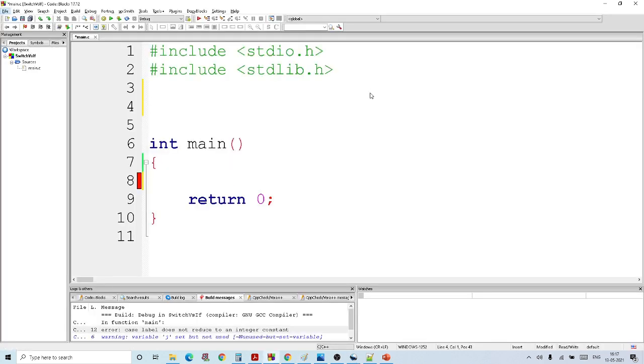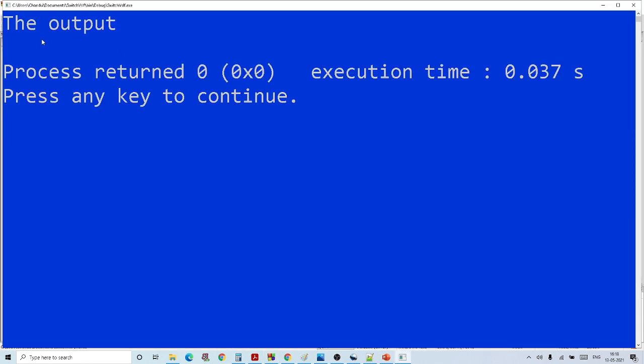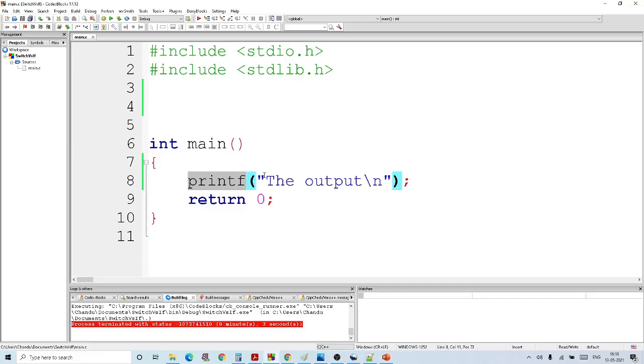Similarly, in C language also, a function is something which will perform a specific task. Till now we used many functions. For example, printf is a function that we have been using. So what is it doing? It is displaying whatever we have written inside the printf statement in the console. So if I write something, it is being displayed on the console because of the function printf. Similarly, scanf is also another function.